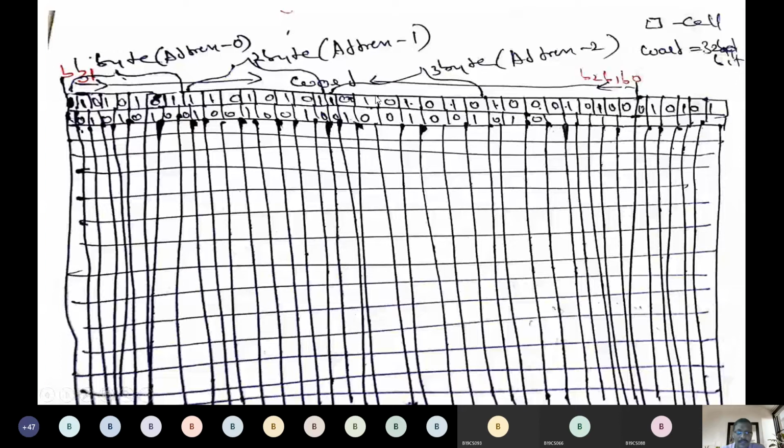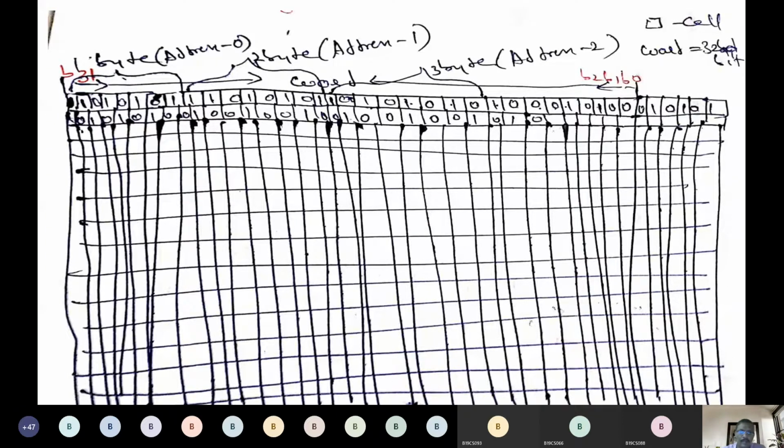32-bit means how many bytes will be in a word? If it's a 32-bit word, how many bytes will be? No, 32-bit word. 4 bytes. Yeah, 4 bytes.